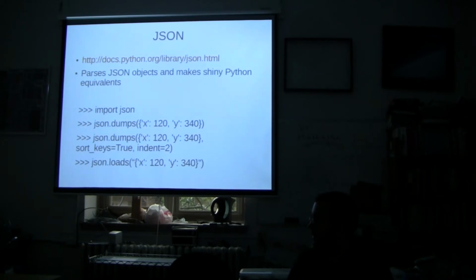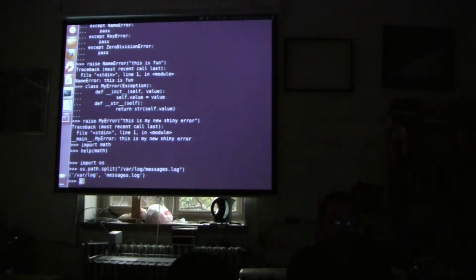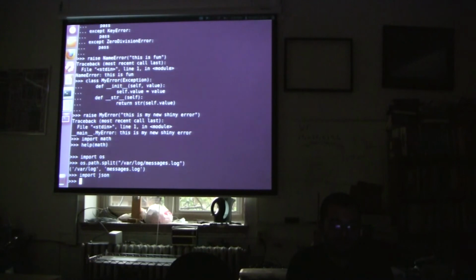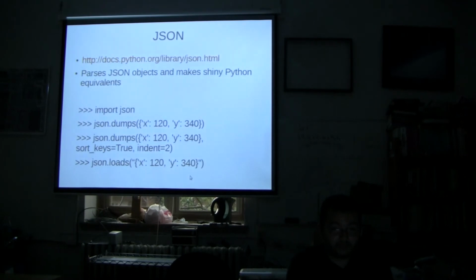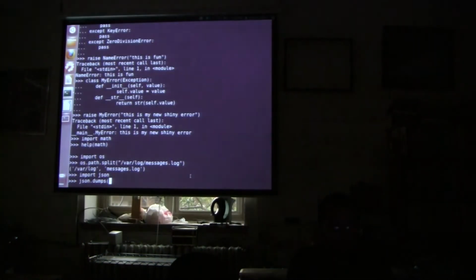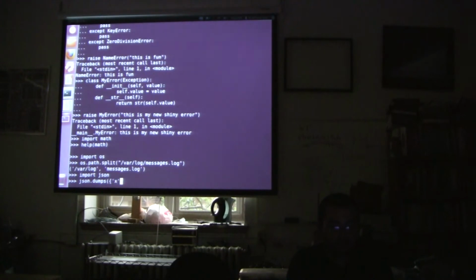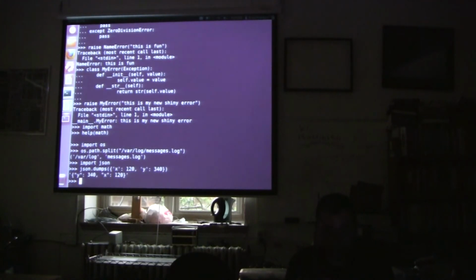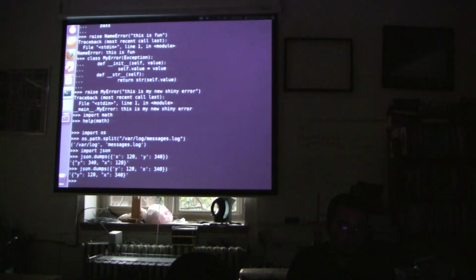That's fine. All right. What if indent is this as well? Indent? Yeah. All we're discussing is line. All right, import JSON. JSON.dumps, X120, Y340. We do something like that, right? It gives us a single line with everything on the single line. And let's reverse these just for the giggles. And we see it prints them in order. So it just iterates over the keys in its order.